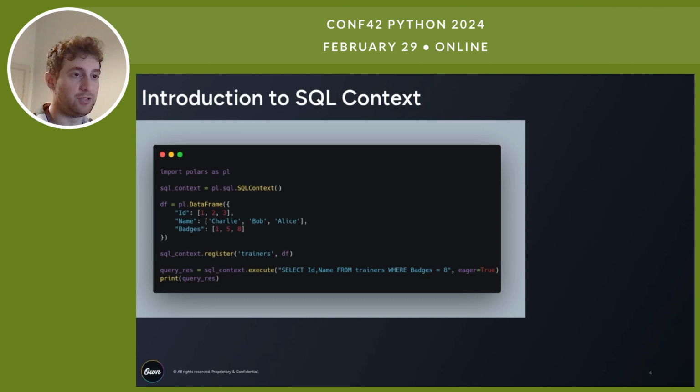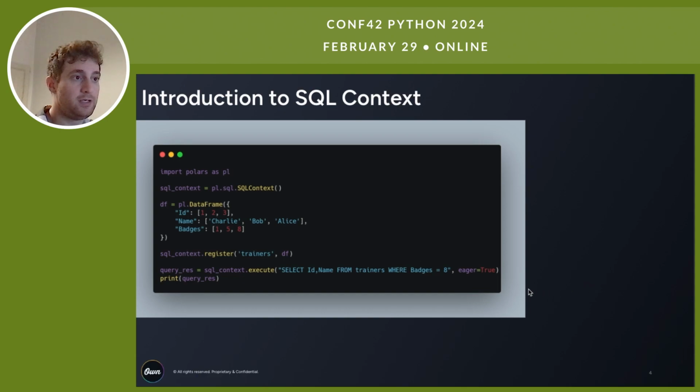Then we are registering a new table in our SQL context. So the syntax for doing that is register. Our first argument is the table name, so it's going to be trainers. And our second argument is either a data frame or a lazy frame. Now we're using a data frame. And then we are executing an SQL query over our SQL context. So we are using select ID, name from trainers where badges equal 8. So a simple SQL query that will fetch us all the IDs and names from our trainers dataset that have